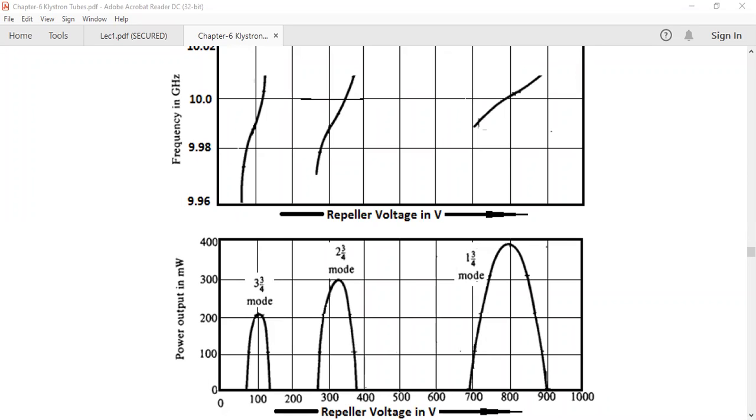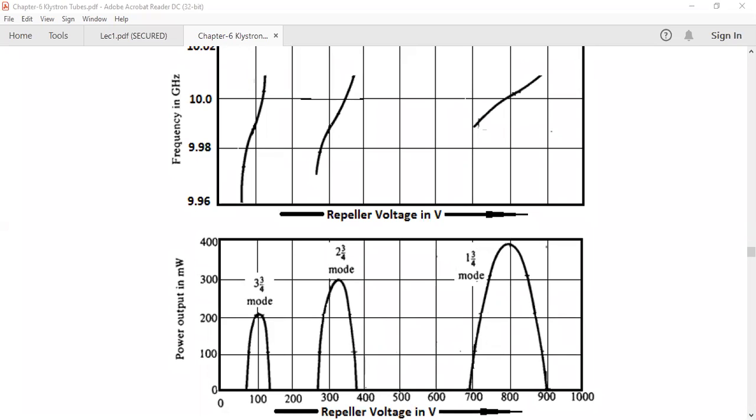Now I can see one thing. Already I explained the limitations of conventional tubes. Microwave frequencies is one topic. The second topic, the operation of the 2 cavity klystron with the Applegate diagram, that also I explained. And the third topic, the reflex klystron: its operation using the Applegate diagram and the power output, that also I explained.